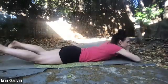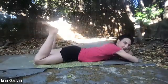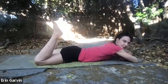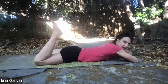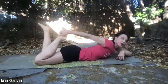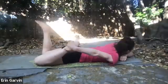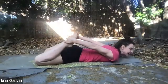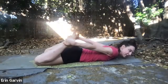Lower down, relax by bending. You're doing great. Now here's an opportunity to do bow pose. If you would like, you can add on your hands to your feet or your ankles. Before you lift, you can pull your belly away from the floor. Now, if this isn't happening, you can do 1 foot at a time,